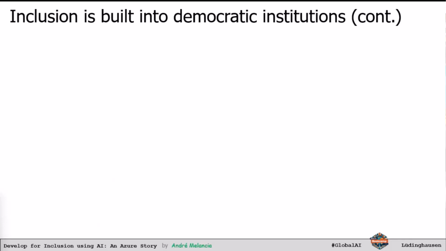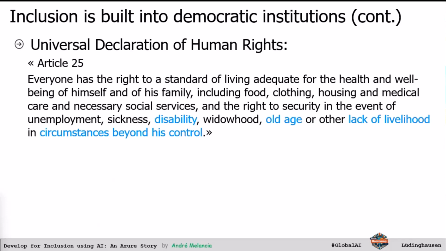Anyway, just mentioning one last thing in the Universal Declaration of Human Rights: of course we have disability, but old age is actually a consideration too, okay? Someone who is older will not necessarily have a disability. There are people who are much older than me, old enough to be my grandparents, and some of them, over 100 years old, are still running the marathon, okay?